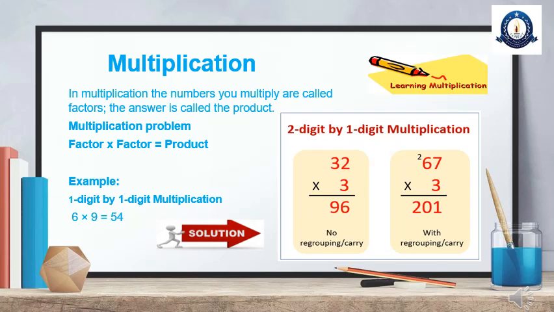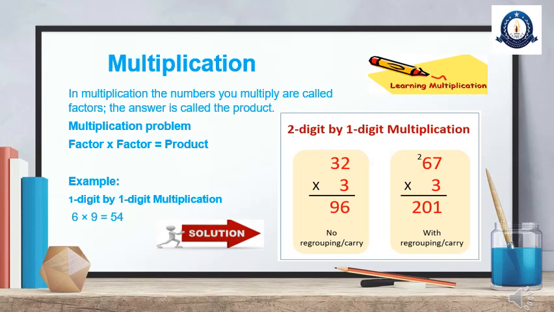Now we will see how to do multiplication. First what you will do, multiply the ones by 3. 3 twos are 6. Now in second step what we will do, multiply the tens by 3. 3 threes are 9. So answer will be 96. Let's see other example. In this example, you can see there is no carry.